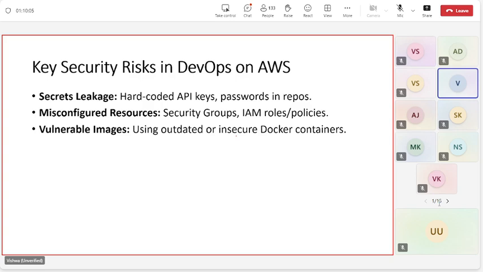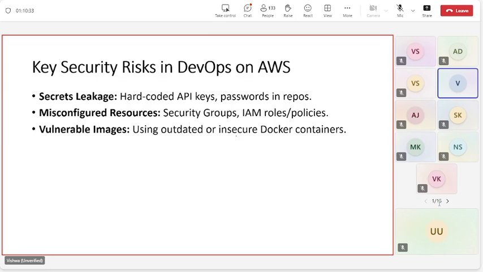Insecure containers. Now what is a container? I'm sure you guys have heard about this buzzword called containers. Containers are making our life very simple. They make sure the application is bundled in a very nice way, using fewer resources, and making it much faster and more reliable.